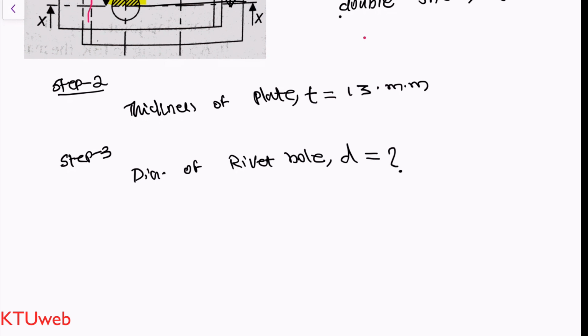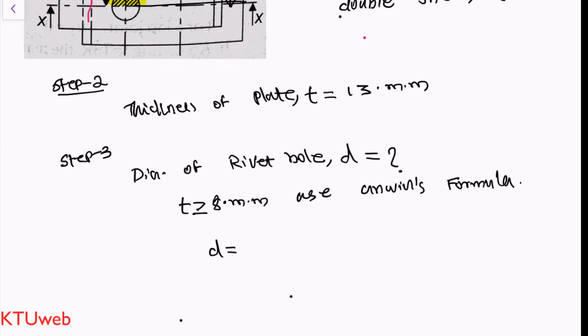There are various methods that you can use to find the diameter of a rivet hole, but it is advised to use Unwin's formula whenever thickness is greater than or equal to 8 mm. In our case, our thickness is greater than 8 mm, so we can use Unwin's formula. You will get this equation from the data book, and it is given as d is equal to